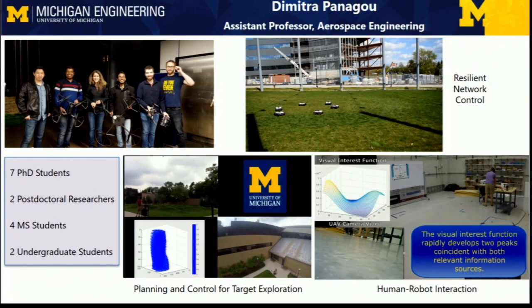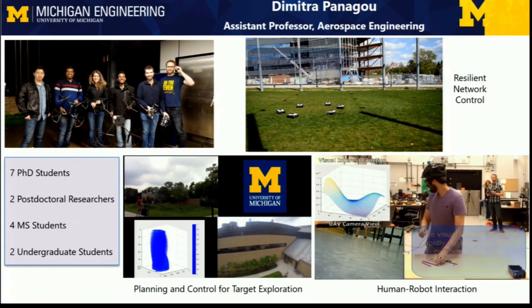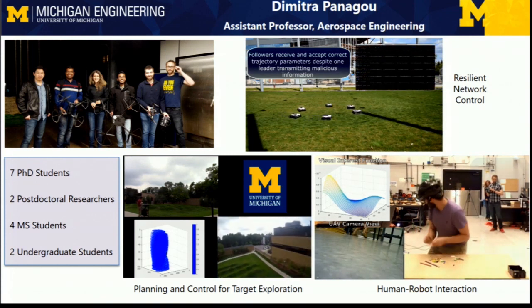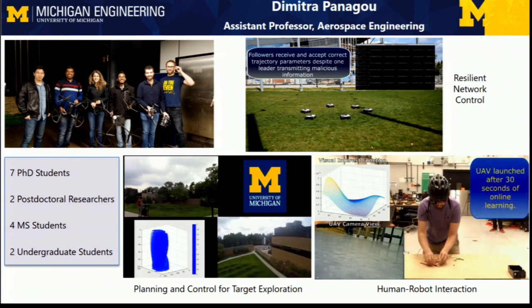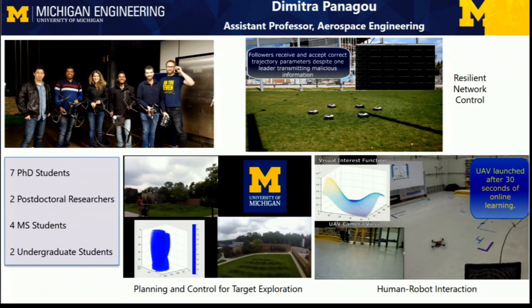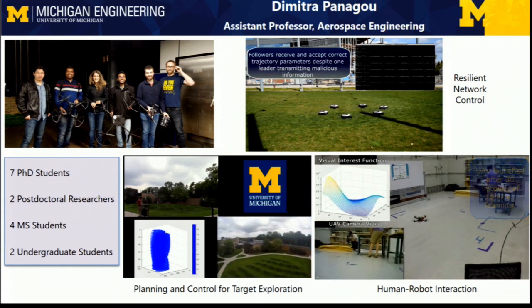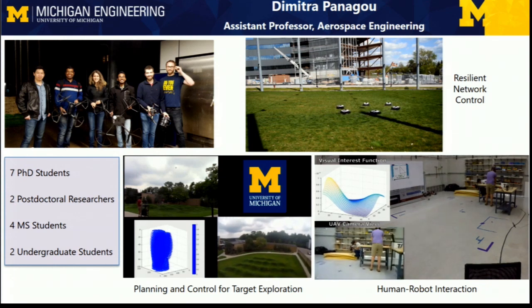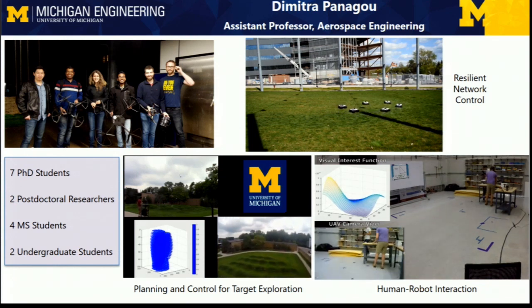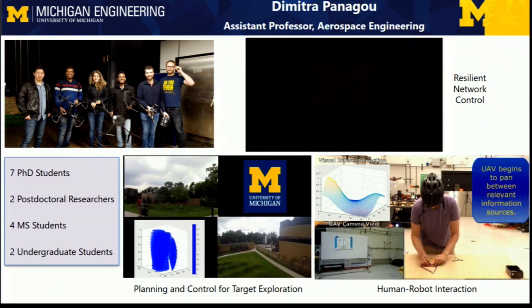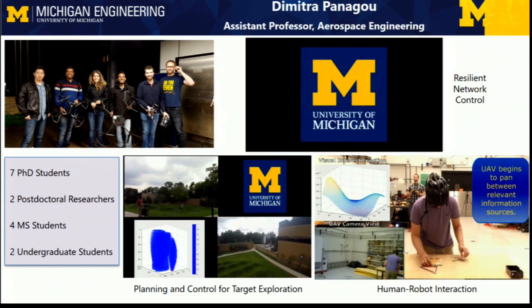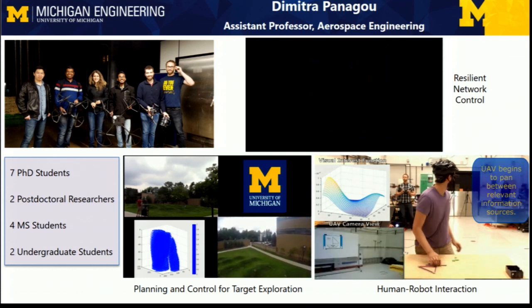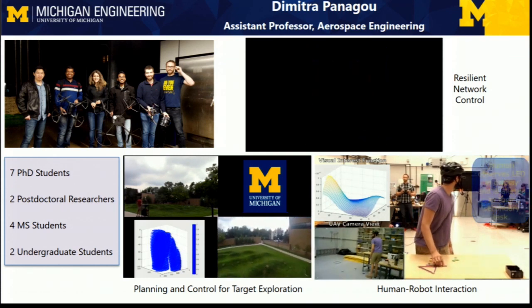of a target exploration problem, where you get to see here the autonomous deployment of a quadrotor that is moving autonomously to thoroughly scan an area, searching for potential targets. So this is the first phase of a project where we are trying to integrate now visual target detection with computer vision collaborators. And resilient network control is another area that we are working on, that